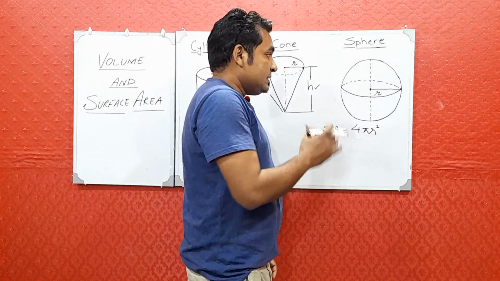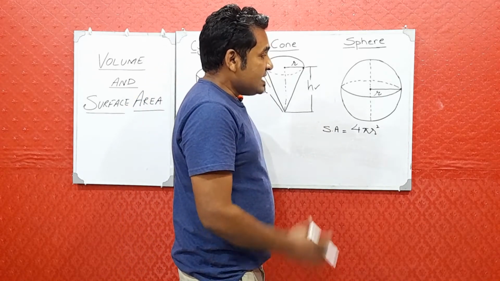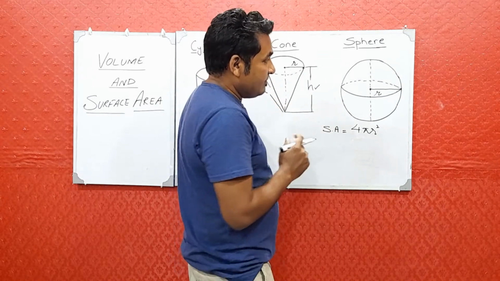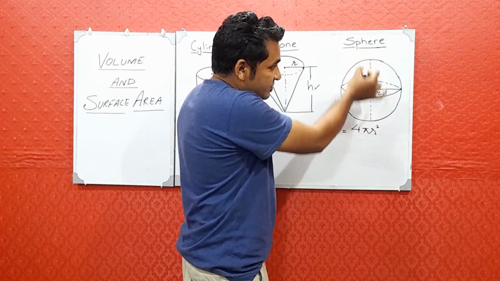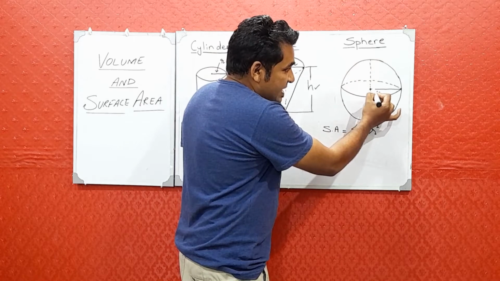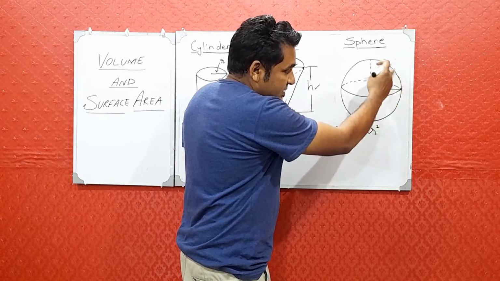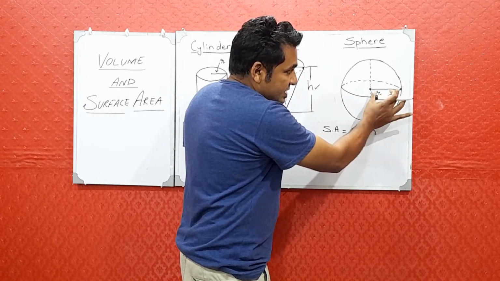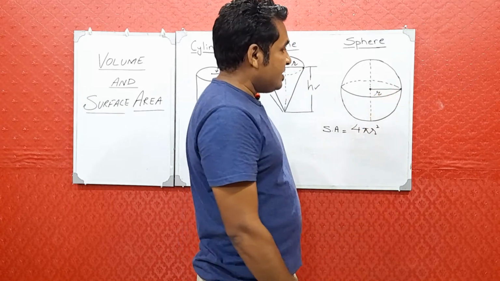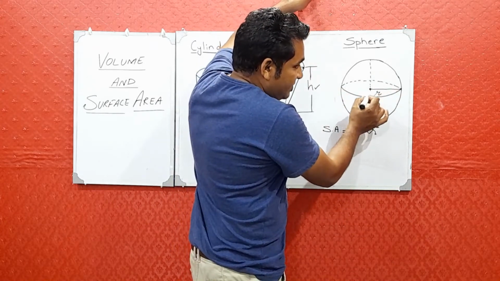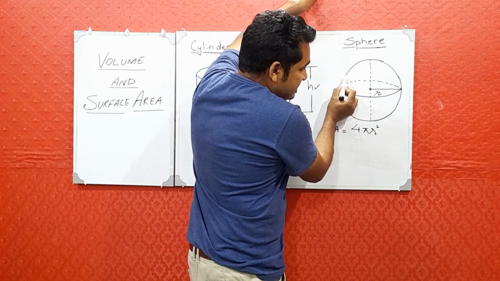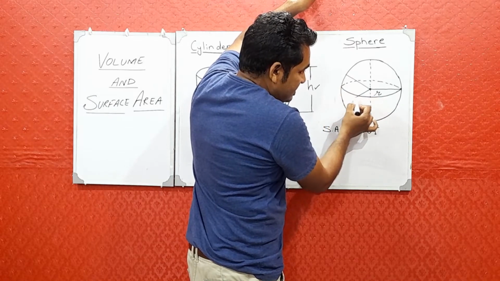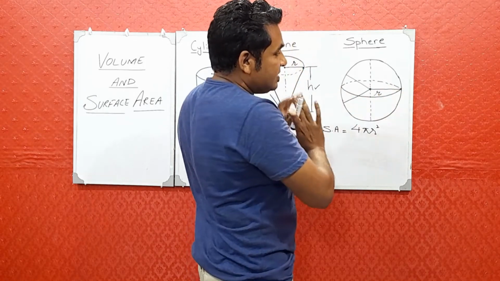Now here we also talk about when it is a hemisphere. But before that, look at one more thing. If we talk about the height of the sphere, from the center to the circumference or to the surface of the sphere, from center to this end, the distance is called radius. You all are familiar with it. Now you can see that the radius is the same at all sides. Like I have made it here, if I make it here, or if I take it like this, it will be the same at all sides. Its length doesn't change.